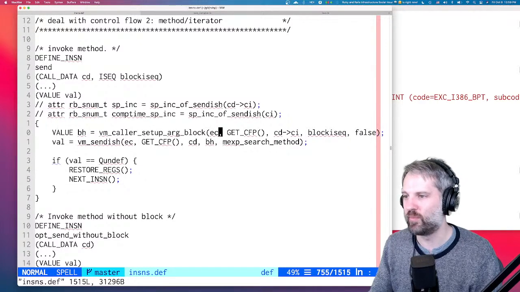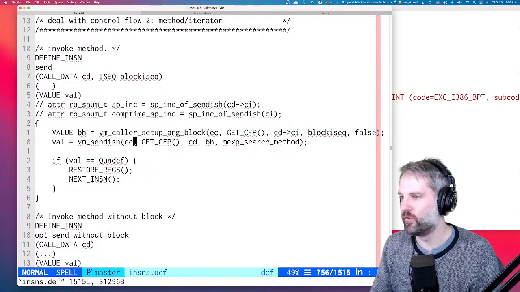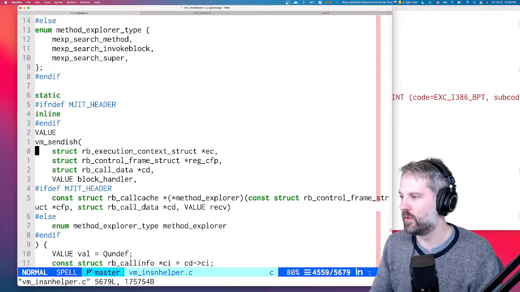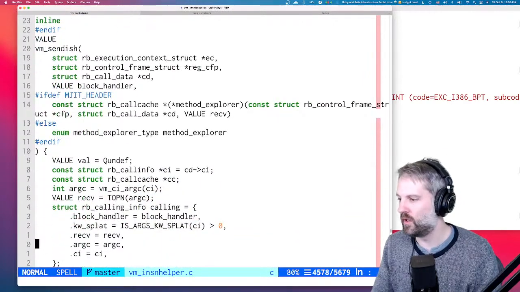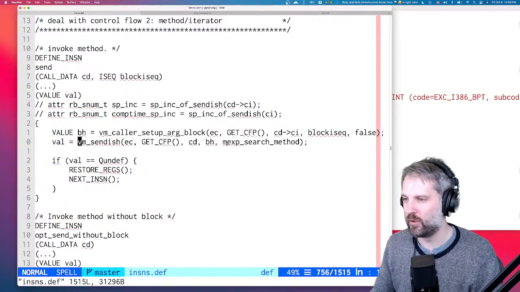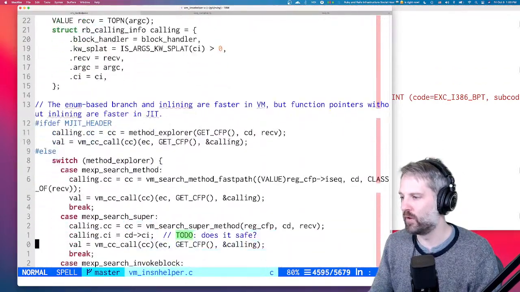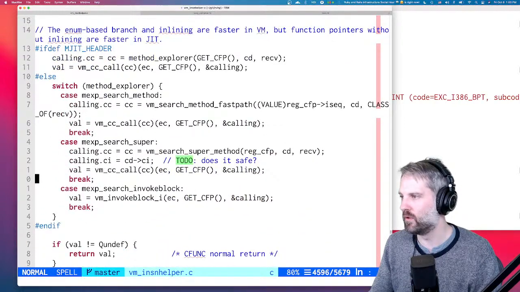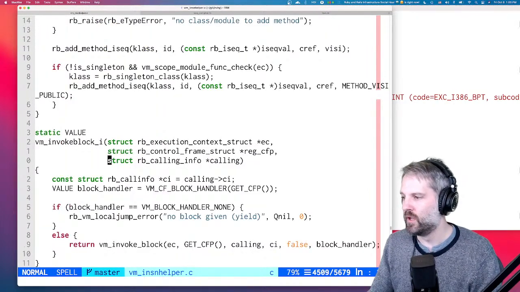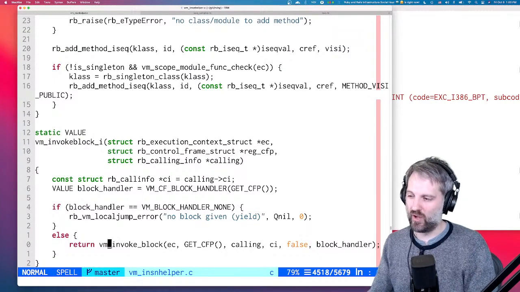We can set up the block. And if we jump to VM sendish, VM sendish was getting this value, MEXP search method. That's important because we have this weird switch statement. I care about this one, VM invoke block. That's what we want. If we go look at VM invoke block,